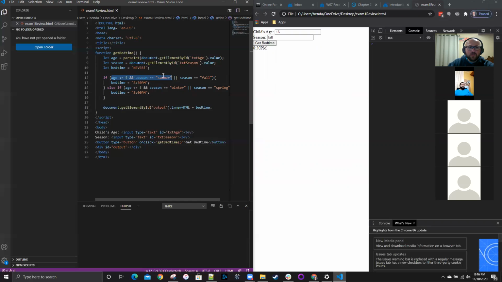But then we could just replace this. The computer basically replaces this with false. And then it does this comparison. False, or is the season equal to fall? In this example, the season was equal to fall. So we got the 8:30 bedtime, even though a condition that we thought would be evaluated wasn't. So just remember that Boolean operators have a precedence,